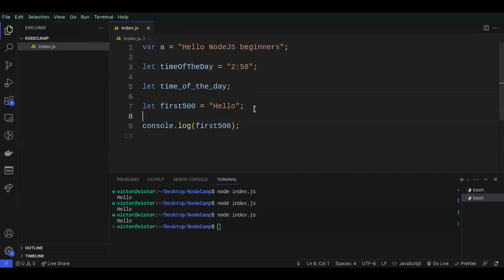It doesn't have any effect on how it's going to run. Even if I wrote everything on the same line, it's still going to run well. But I have to space them out for readability purposes. So we have time of the day, different. Then another thing we need to know about